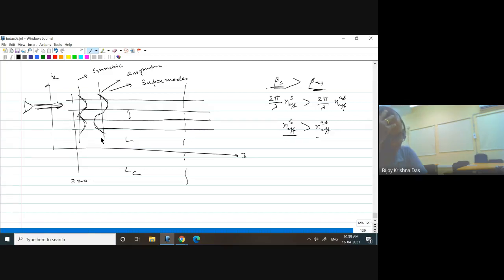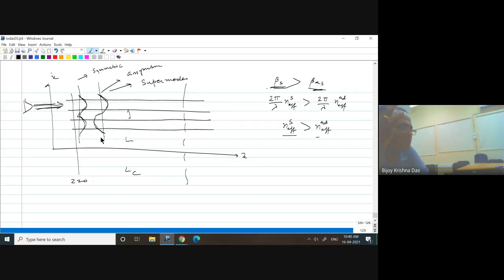I think without that you should think differently. You don't go back to that. I don't want to use the individual mode field distribution. I don't need to calculate kappa at all. I don't want to calculate kappa, but I have this information in my hand. I don't want to use whatever coupled mode theory you are using there.